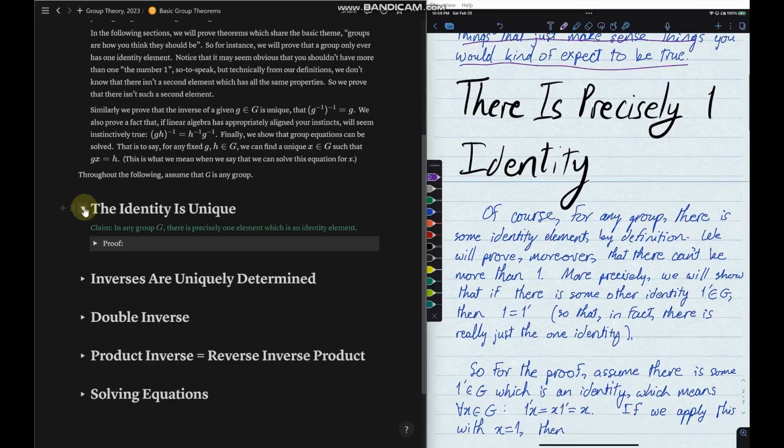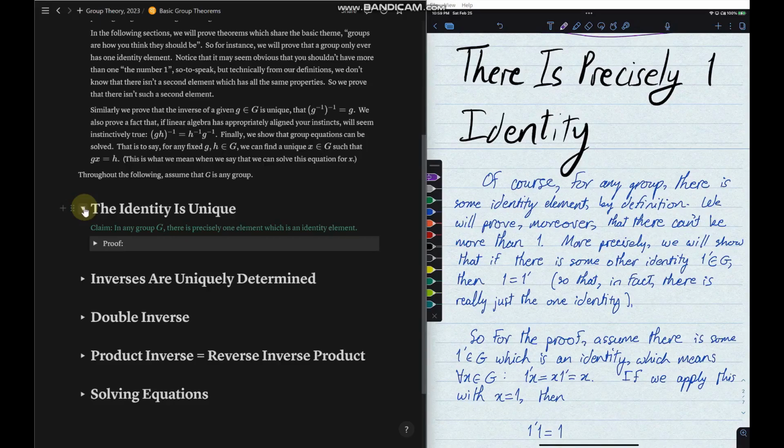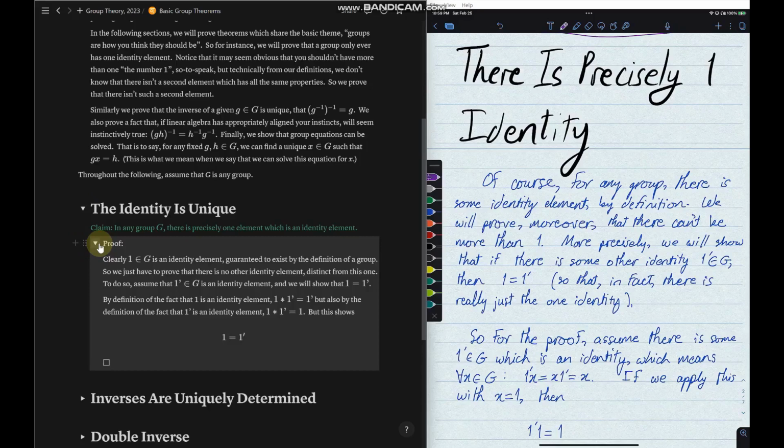So, as a fairly compelling first example of that, let's prove that the identity is unique, right? That there is precisely one identity in any group. Of course, for any group, there is some identity element guaranteed by the definition of being a group. We will prove, moreover, that there can't be more than one identity element